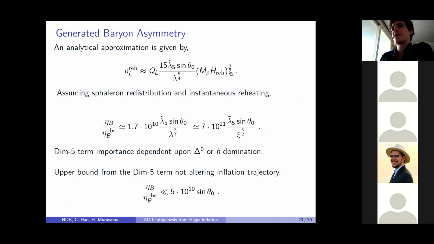And nicely, what happens is because we have this relation with phi, any dependence on the reheating temperature cancels out when you consider the actual final lepton number density to entropy ratio, because it has the same dependence on the Hubble rate. And so when you put all these together and you consider usual scalar redistribution, we find that our final asymmetry is given by this value here, and it's just dependent quite simply on these various parameters.